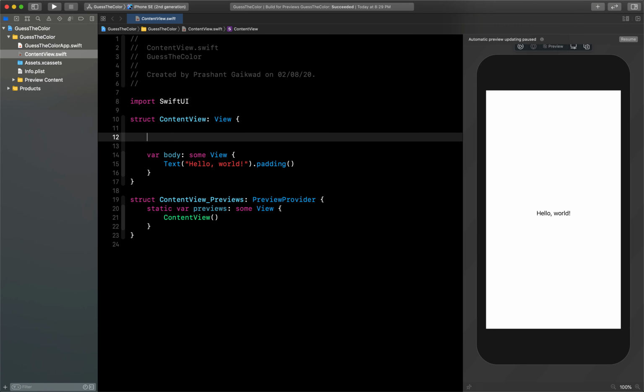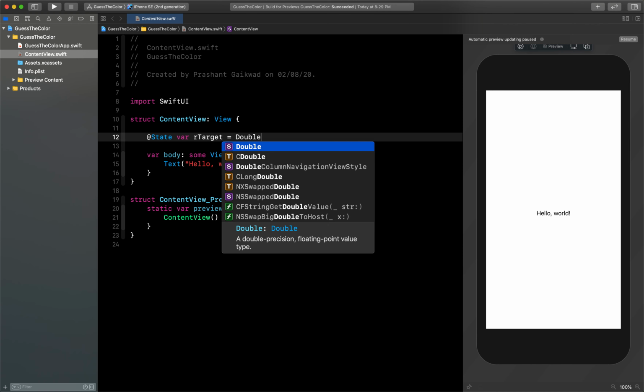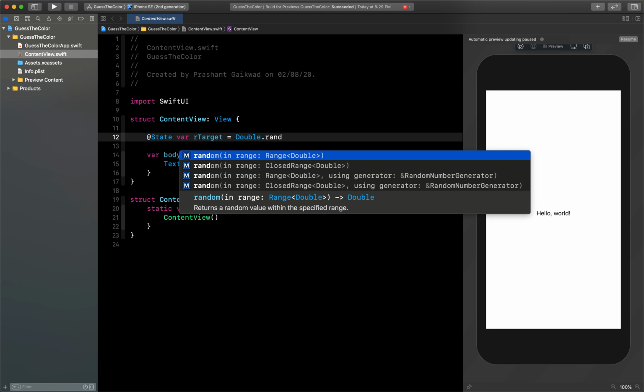So first I need to create properties for my target color. So I will say @State where R means red, G green, B blue. So I will create values like that. rTarget equals Double.random.